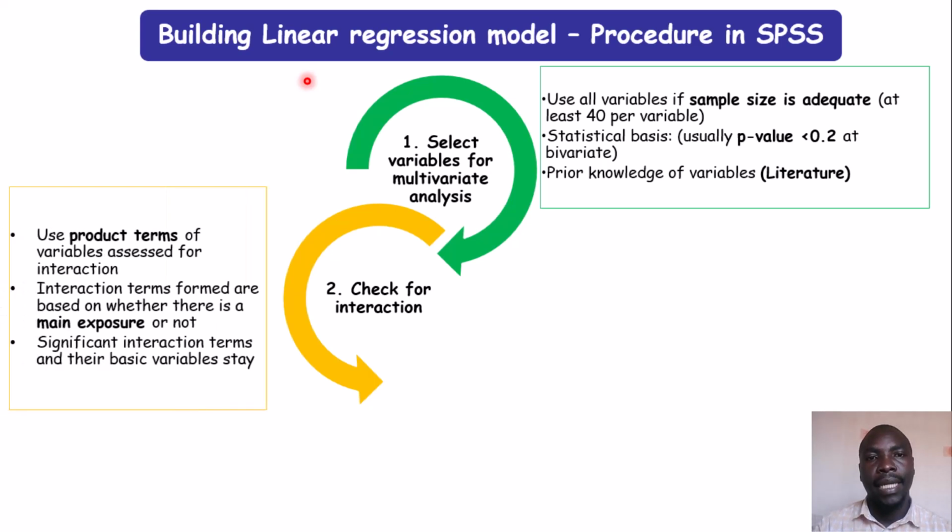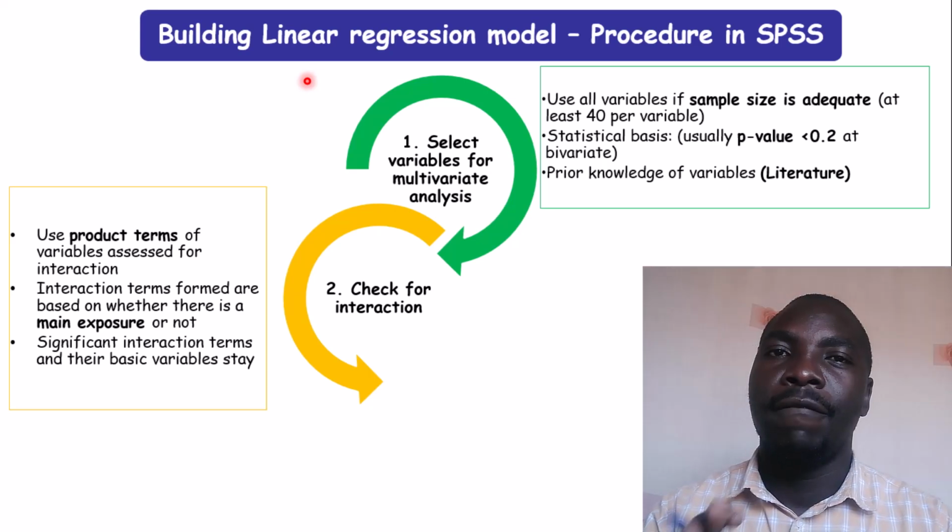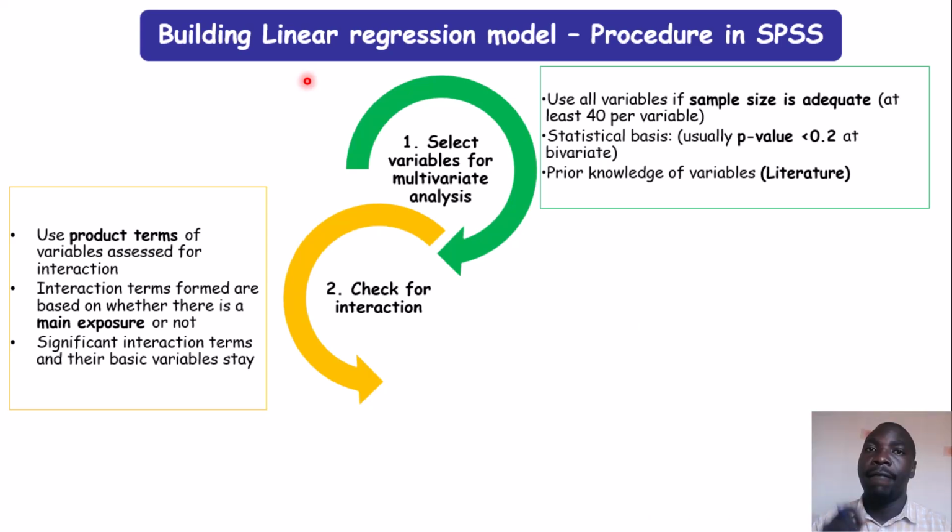So the very first thing in building your model is selecting variables. And this selection depends on how big your sample size is. If you have an adequate sample size, a big enough sample size, then include all variables in your model. When we say adequate, usually they take about 40 observations per variable that you're putting into the regression model. But it goes beyond that, not just looking at variables, but you also look at